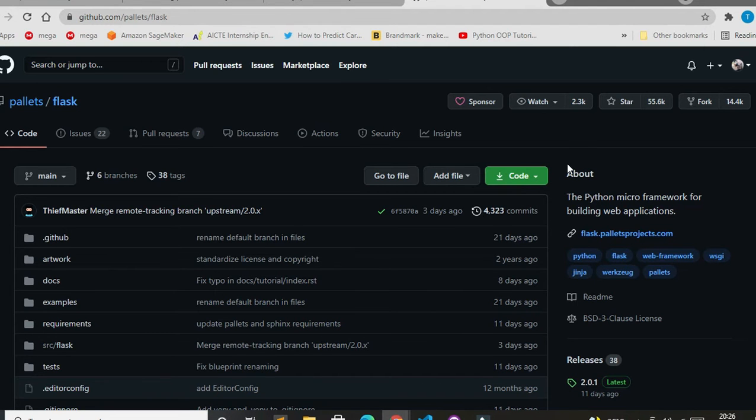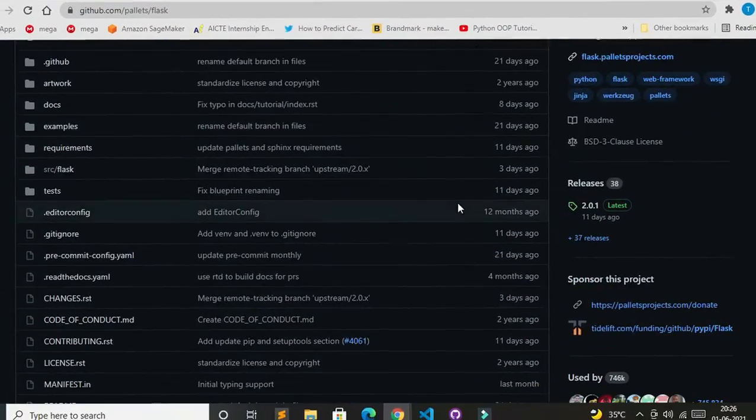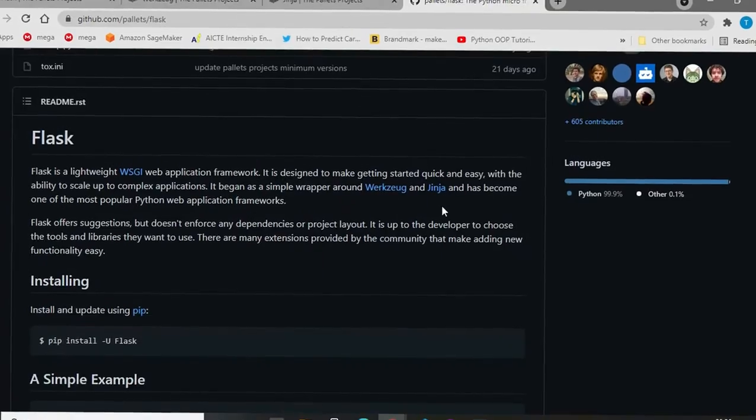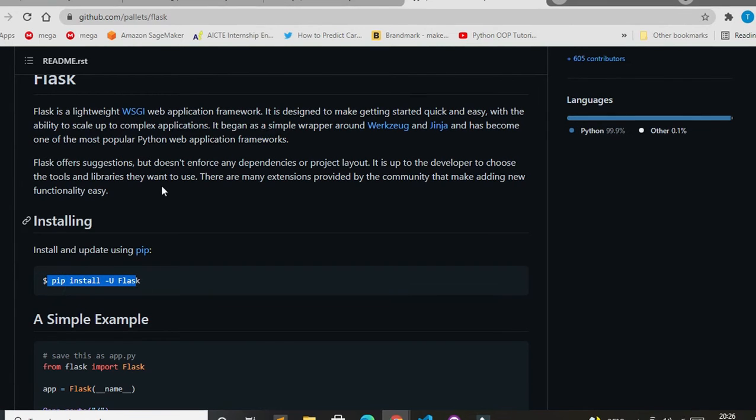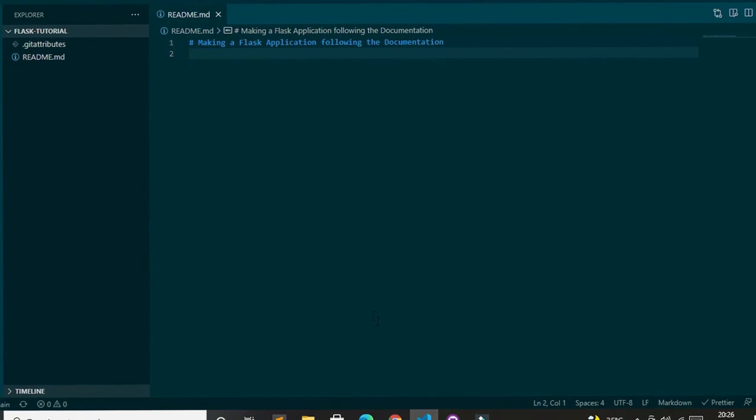Alright, so now we are going to get started in Flask, and just for the installation part, it is also pretty easy. All we have to write is pip install -U Flask. You can go to this Flask URL, also Flask's URL. Alright, now what we are going to do is jump into our